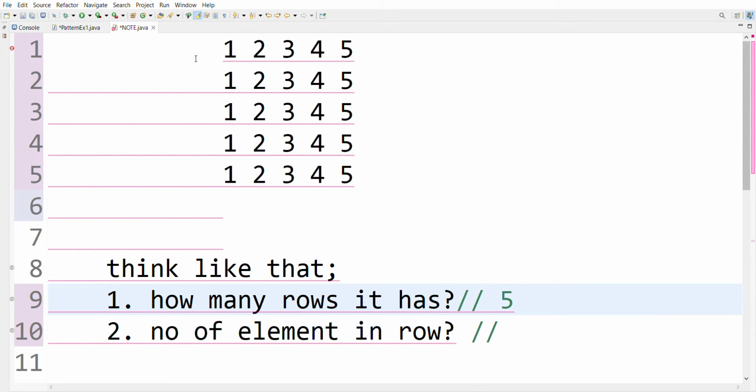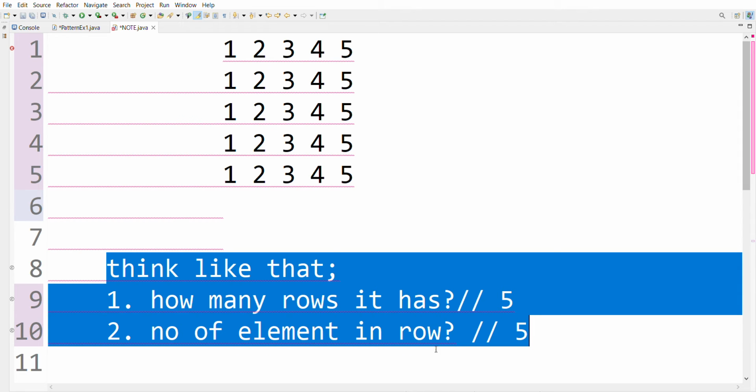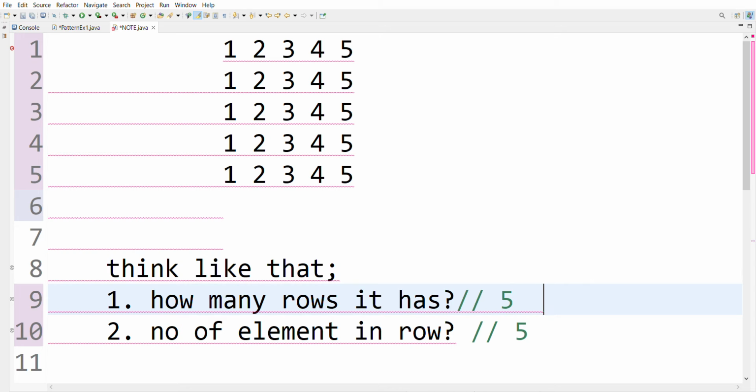Okay, now you have to tell me how many elements are in a row. So it has five elements in a row. See, one, two, three, four, five. Okay, so five elements in a row. So now after defining how many rows it has and the number of elements,